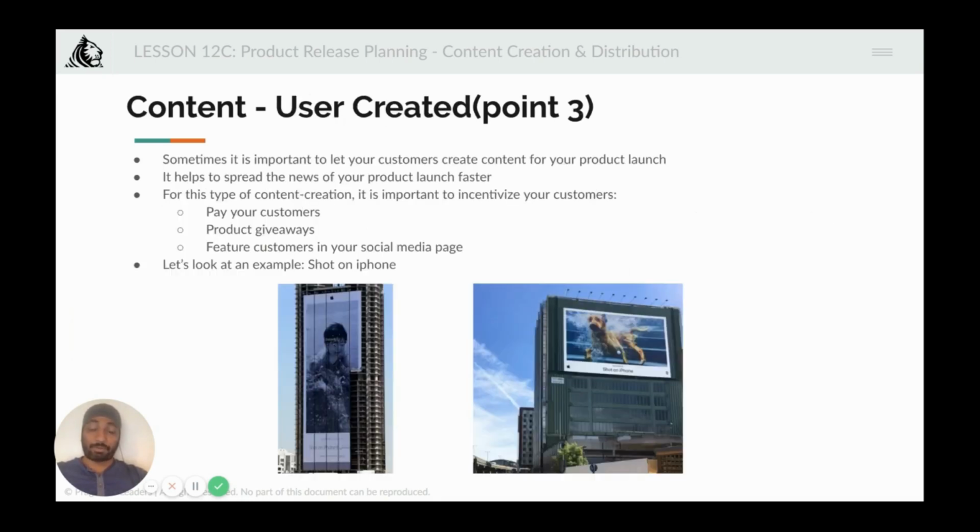This is another example of user created content. Look at how smartly iPhone demonstrated that, hey, iPhone users are clicking great pictures, and they started placing them at all sorts of massive places. This became such an important way to incentivize the customers, because customers would love to see their name on big giant billboards,